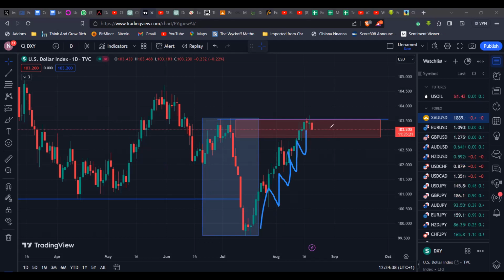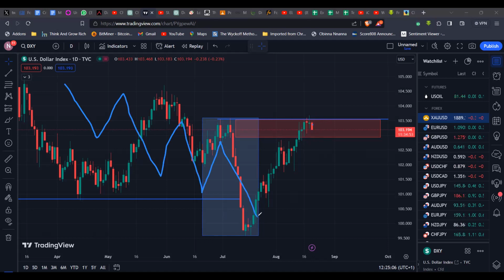But on the overall structure, the daily chart, all the XXX/USD pairs have been very bullish, but the lower time frame has been showing bearishness for the past couple of weeks. Now we have approached a higher time frame zone where the market needs to decide what it wants to do next. If we follow the overall structure, price likes to follow the path of least resistance, so we would expect the markets to continue to drop down.